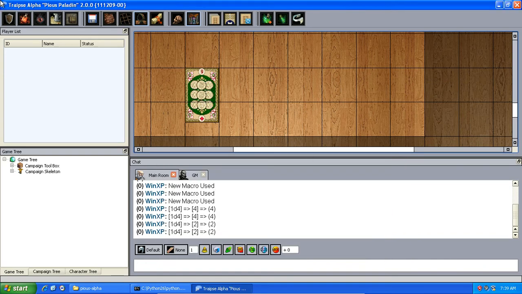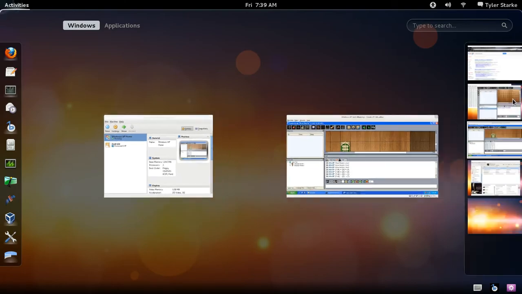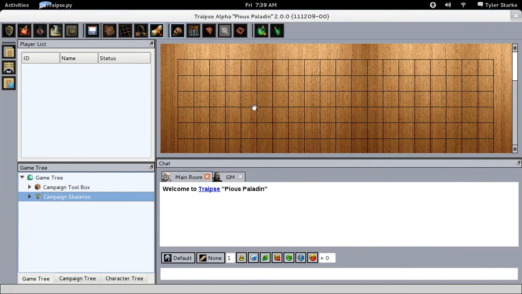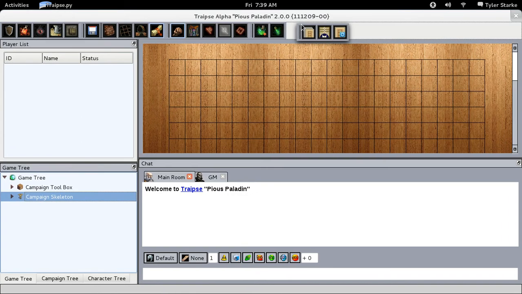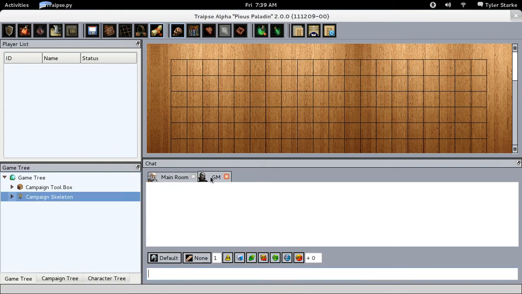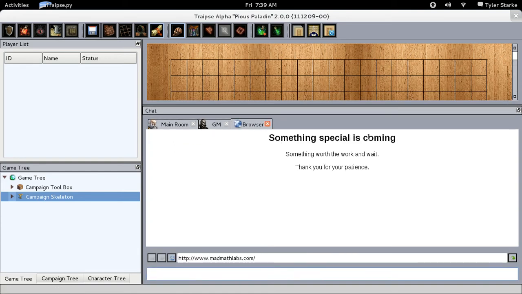So yeah, let's go back over here. So I'm trying to get this ready for Python 2.7, but it's not working very well. Not right now. I've done most of the coding in Python 2.6. Here's another feature of the chat which I've shown off before, but I can just click on the browser